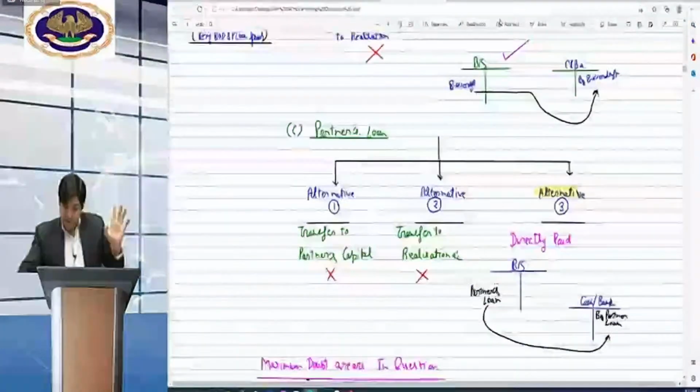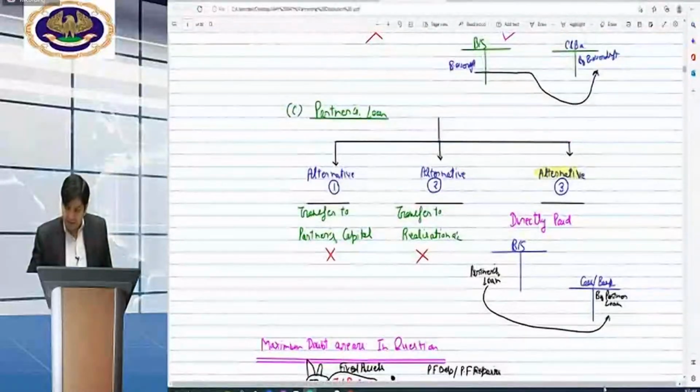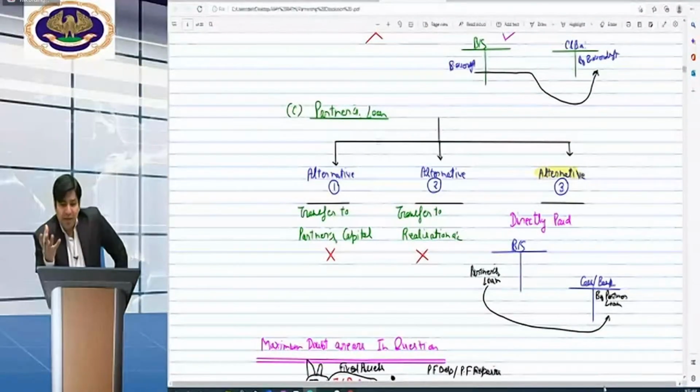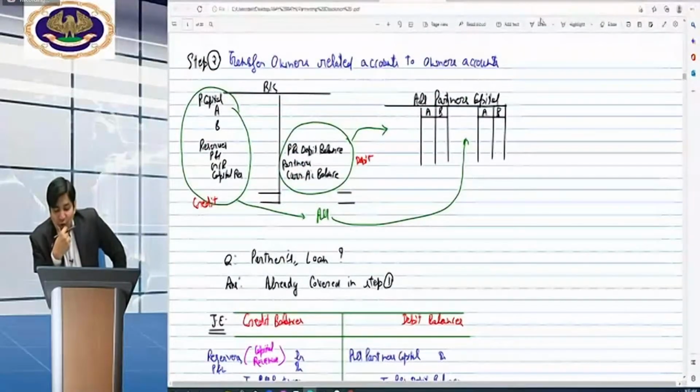See, transfer book values of all the assets and liabilities. Book values means as in the balance sheet, except cash in bank, bank overdraft and partner's loan. We have to pay those directly. Okay, beta? Next. Maximum doubt students can find is that if they are having the relevant account, then those will also be transferred there. Okay, beta. Now after that, step number 2, transfer owner-related accounts to the owner's account: capital, reserves, etc. Those will be transferred to the capital account. Okay, beta. Next.